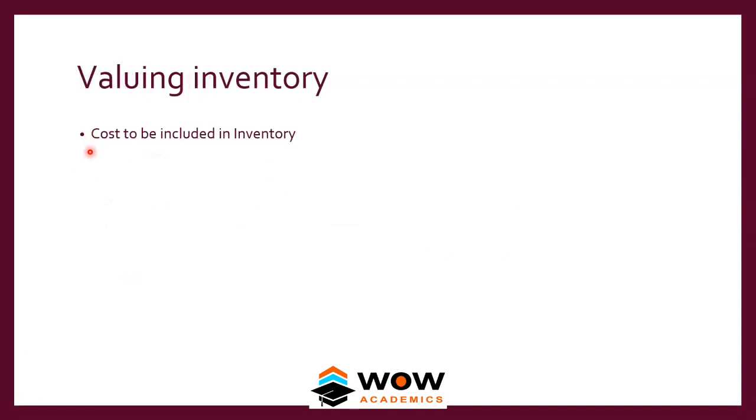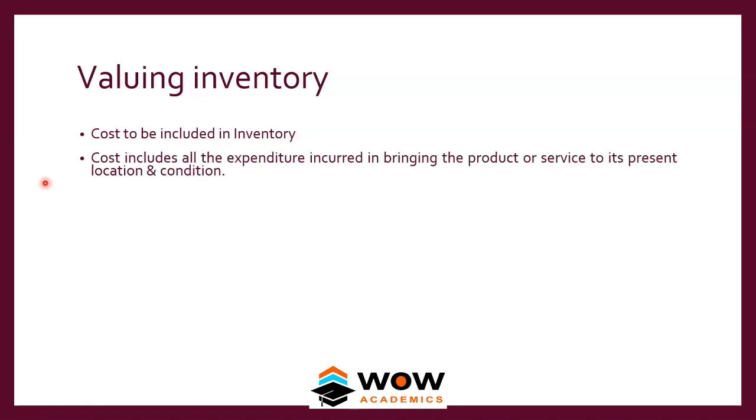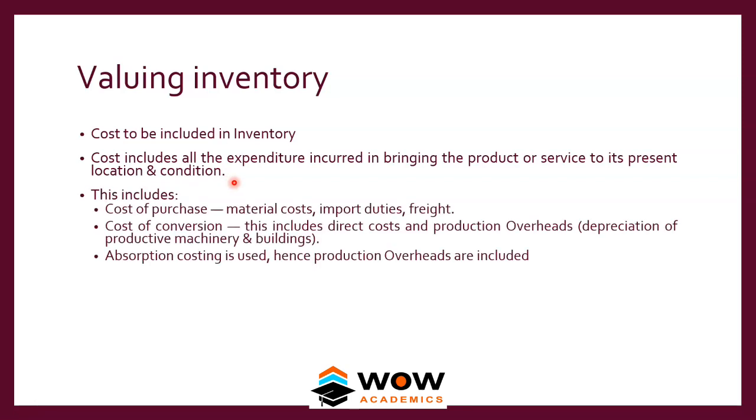The cost that has to be included in inventory is given by the standard. Cost includes all the expenditure incurred in bringing the product or service to its present location and condition. So in detail, these are the costs. The cost of purchase: the material cost, the import duties and the freight. Any taxes that you have paid on the purchase of that item, you have to take into the cost of purchase. Cost of conversion includes direct cost and production overheads,